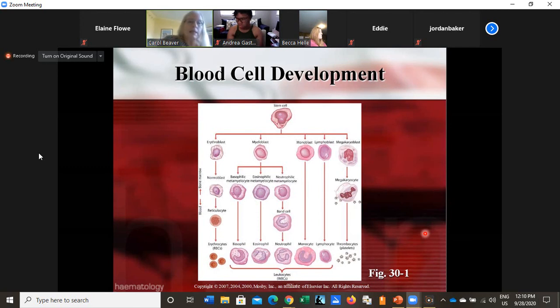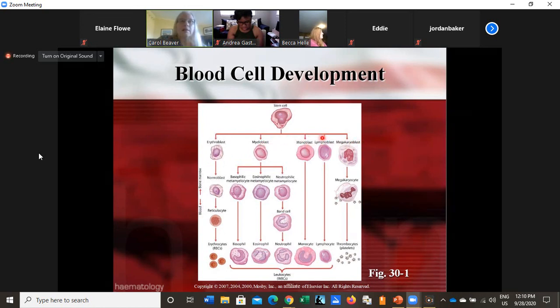Okay, so our blood cell development. This is a stem cell, but it's not an embryonic stem cell. This is a stem cell that is dedicated toward becoming some type of blood cell. But it is a stem cell, and the erythroblast, if you see blast,